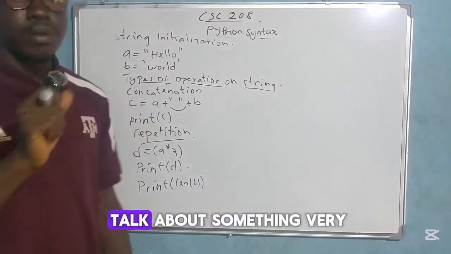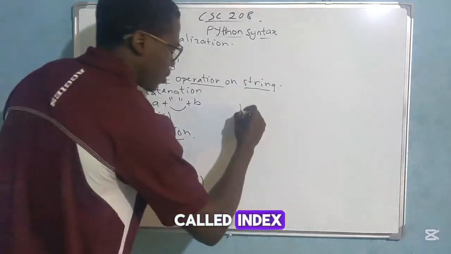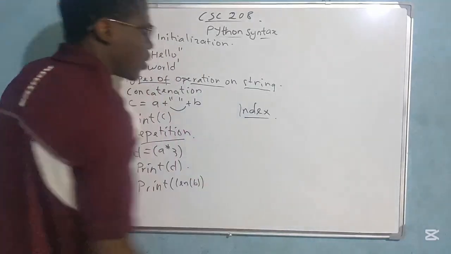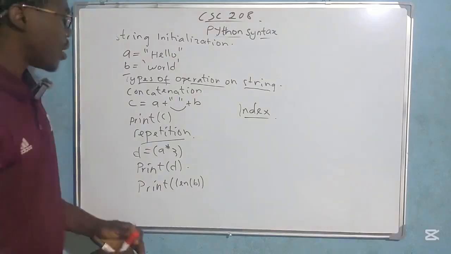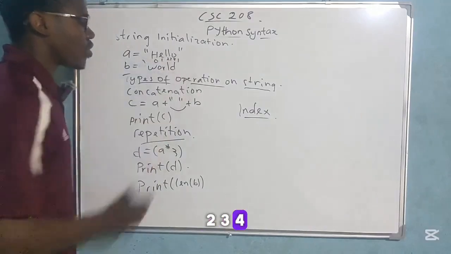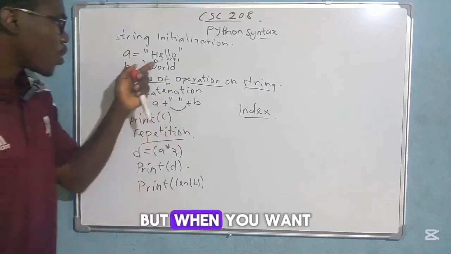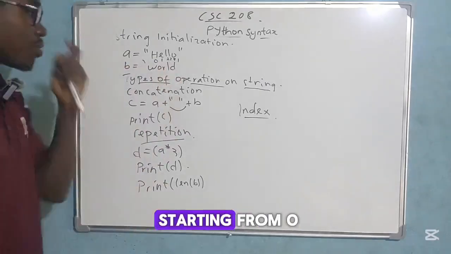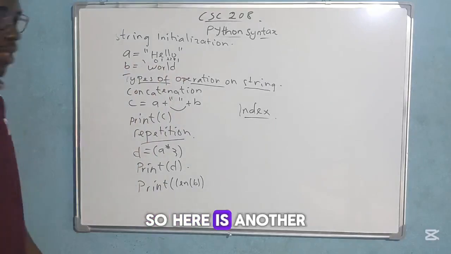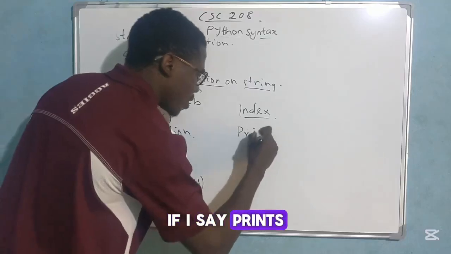Now, I need to talk about something very, very important. That's called index. Just like in C, indexing in Python starts at 0, 1, 2, 3, 4. The string length here might be 5, but when you want to count the index, you have 4 index starting from 0. So here is another small exercise you can have: if I say print